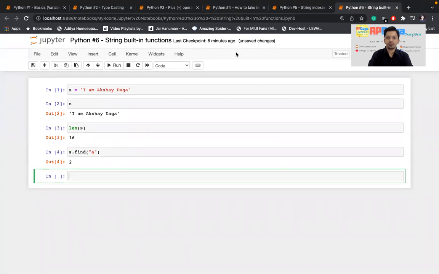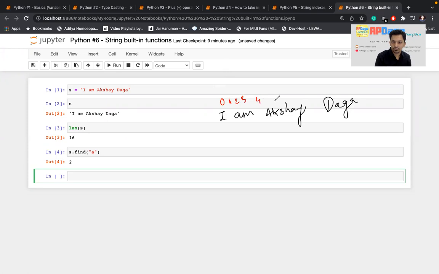I'll show you. Our string was "I am Akshay Daga." I'll talk about forward indexing. It is 0, then the blank space is 1, 2, 3, 4, 5, 6, 7, 8, 9, 10, and it is 11, 12, 13, 14, and 15.